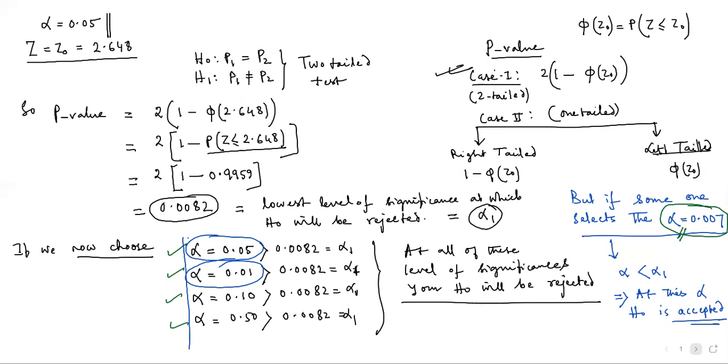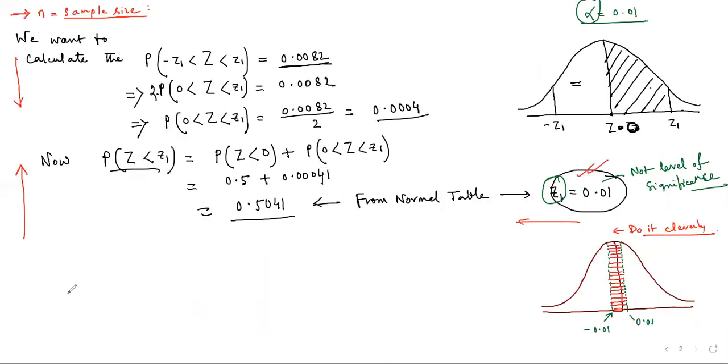Because you see, whenever you are saying that this is my acceptance region, your confidence limit is very poor, very low. But your rejection region has high probability. So the rejection region is very large, but we want to expand the acceptance region. We don't want to reduce the acceptance region. And therefore,